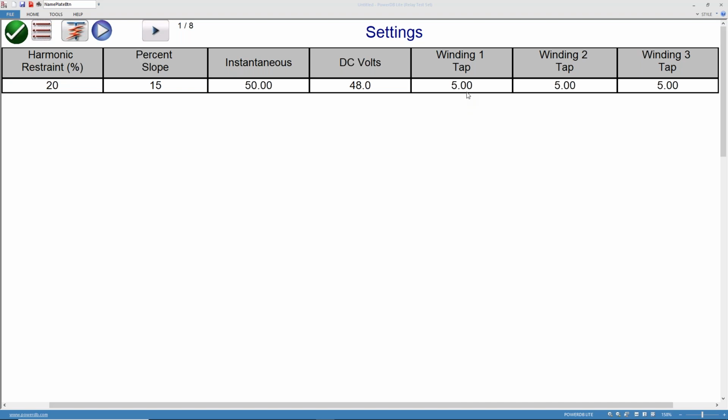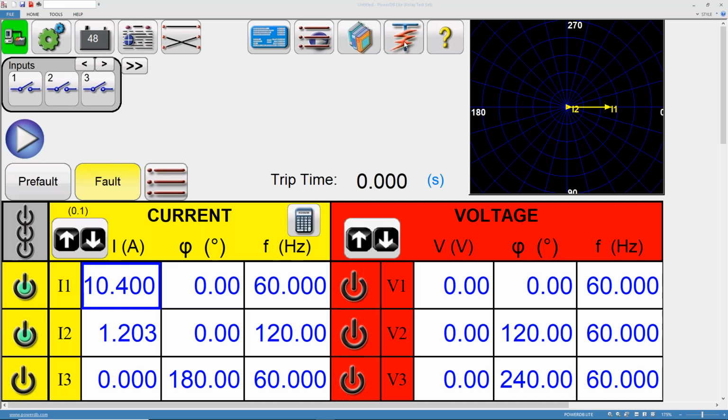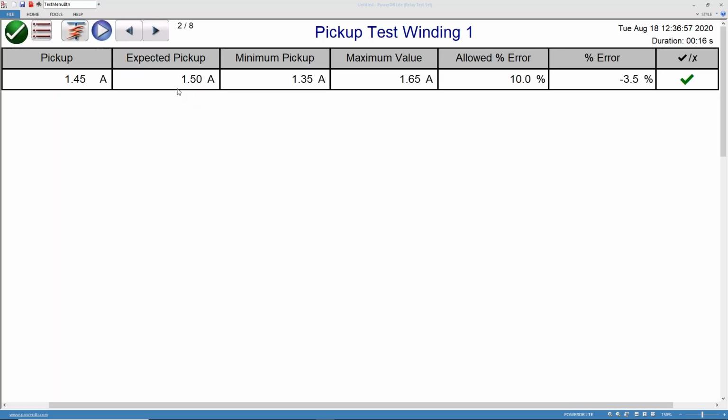In this particular relay, it's 10. And then the slope percentage here is 15. It's where my screw is. And then the harmonic restraint, which would be the factory 20. That normally comes standard with the unit, with the BDD. When I come in to do my first pickup, you'll notice that here is the report for the pickup. I'm expecting 1.5, which is the 0.30 of tap, right? So we ended up picking up somewhere around 1.5,